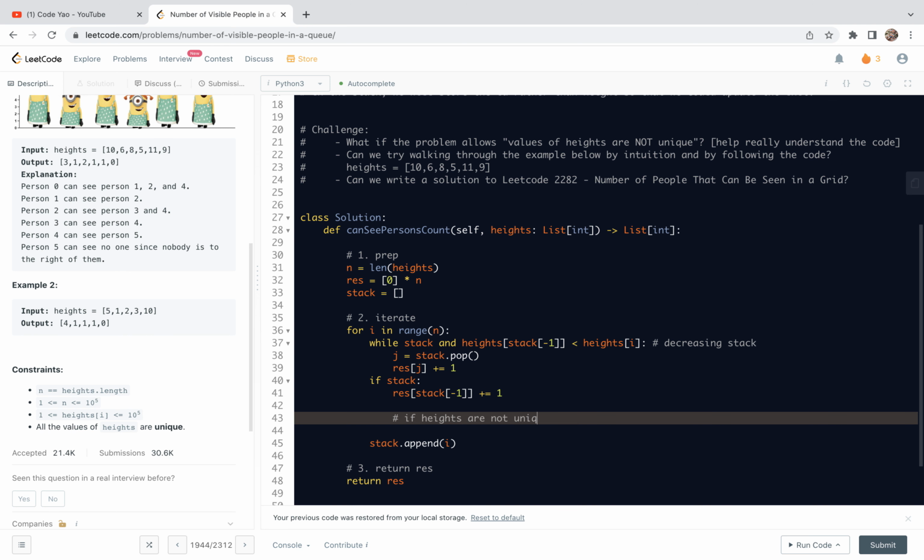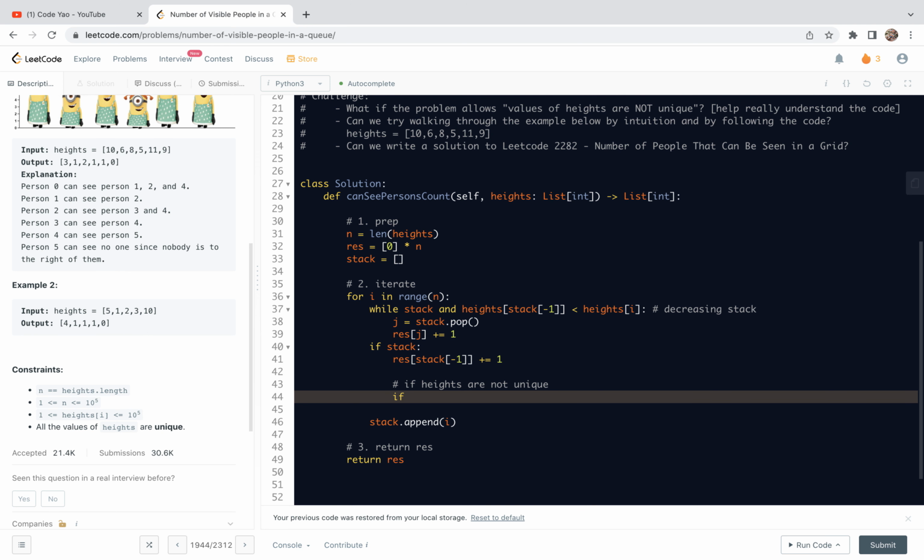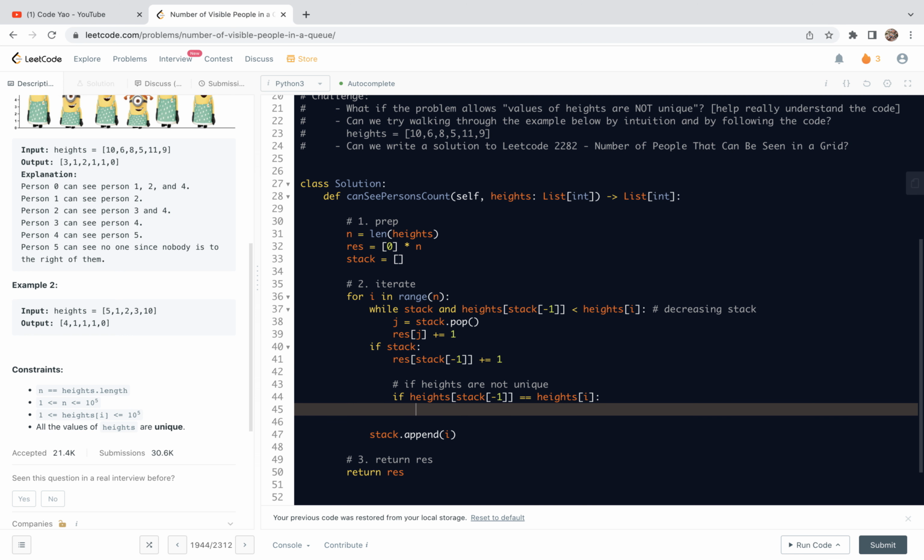Here, basically, I want to make a comment: if heights are not unique, it means they can be equal, right? If this is the case, we need to update the result a little bit. Just like in problem 2282, if heights[stack[-1]] equals the current height,